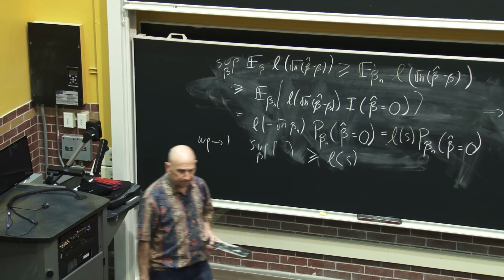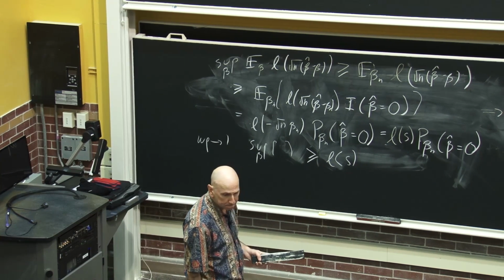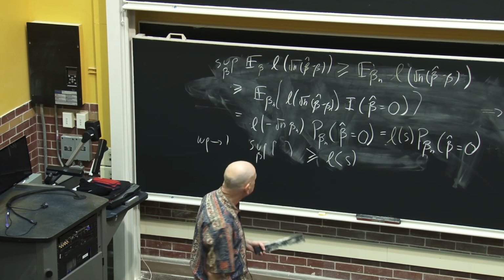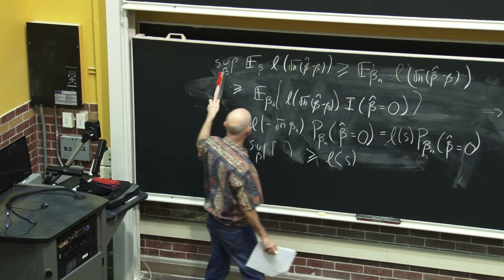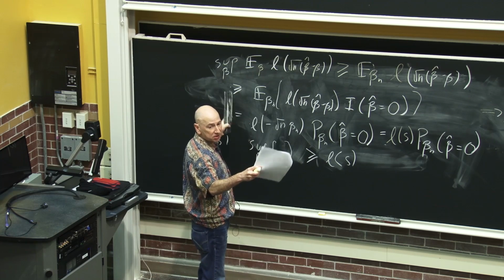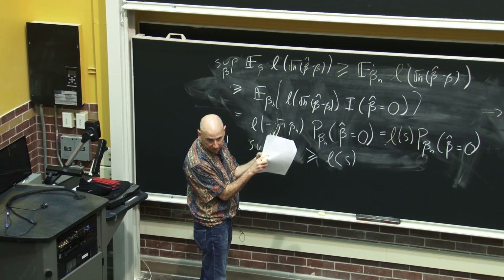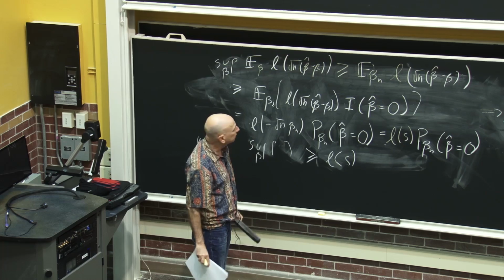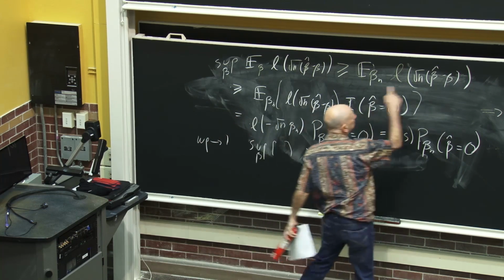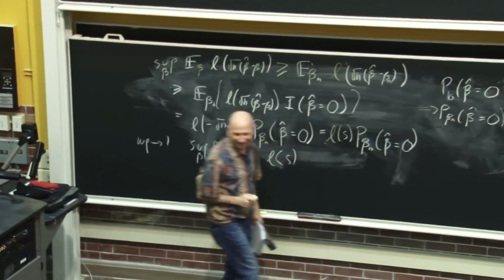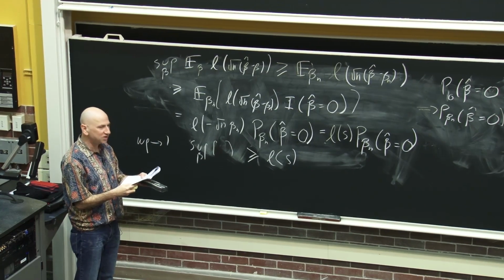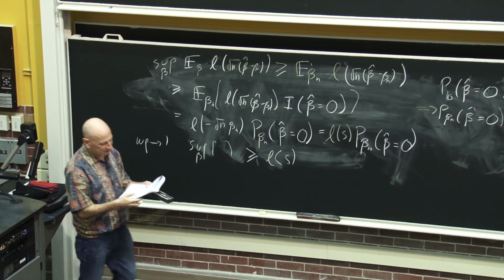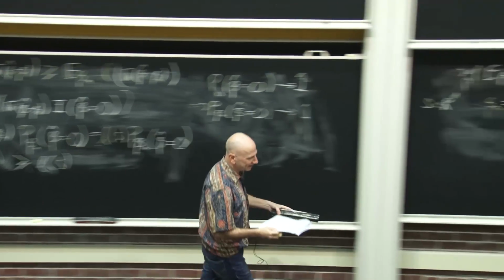So in the first step, how do you switch from sup beta to E beta, beta n? How did I get from here to here? Oh, well, this is one element of this set. So the maximum over a whole set is bigger than the value at one point. Where does the beta n appear? It's here, and it should be. So more typos in the notes there. Those should be beta n's.